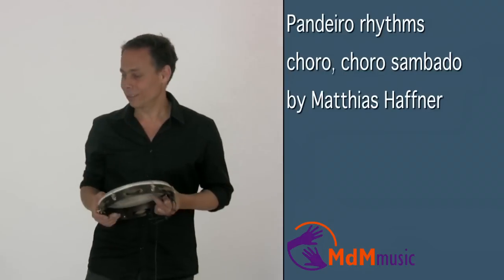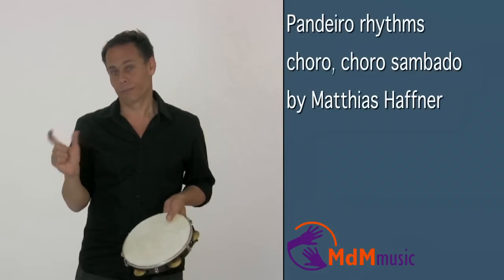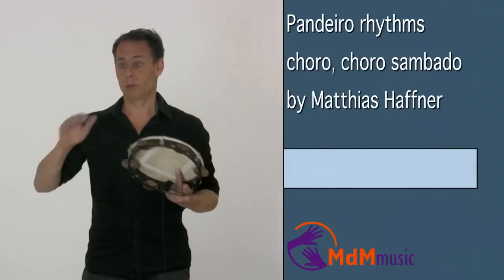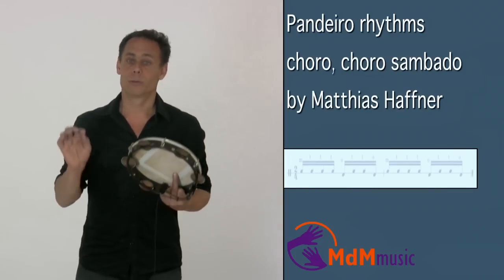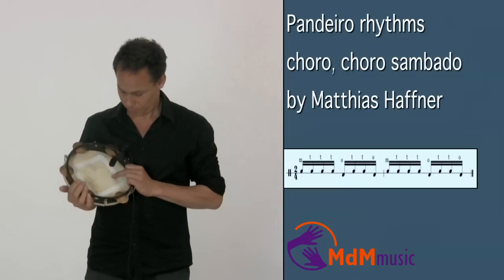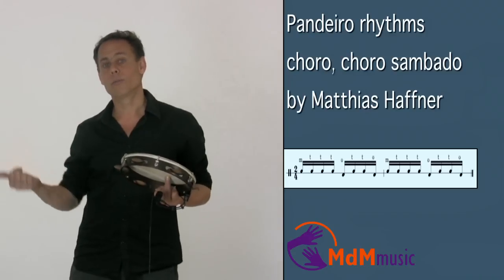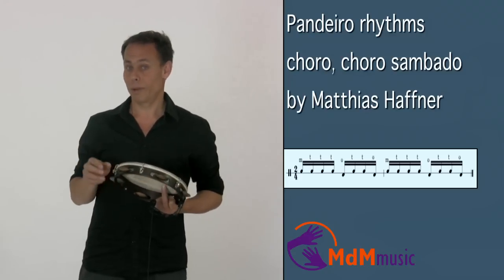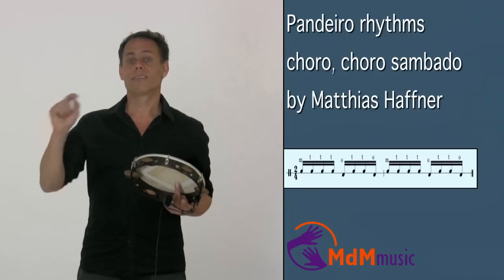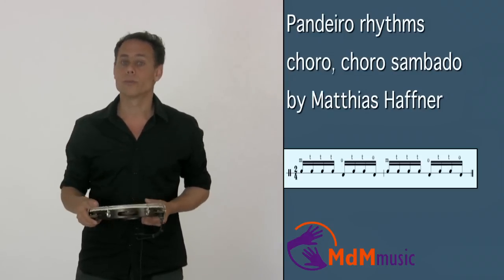So let's start with the basic Choro pattern, which we actually could see as a one-bar pattern. So last lesson I was talking about the clave. Some of you may not understand why, but in this lesson you will maybe get the connection. In Choro, the basic pattern is a one-bar pattern. We remember that the samba is played with a muffled tone on the one and the open tone on the two. Now in the basic Choro pattern comes one open tone extra that comes before the one on the last 16. So if I count 1, 2, 1, 2,